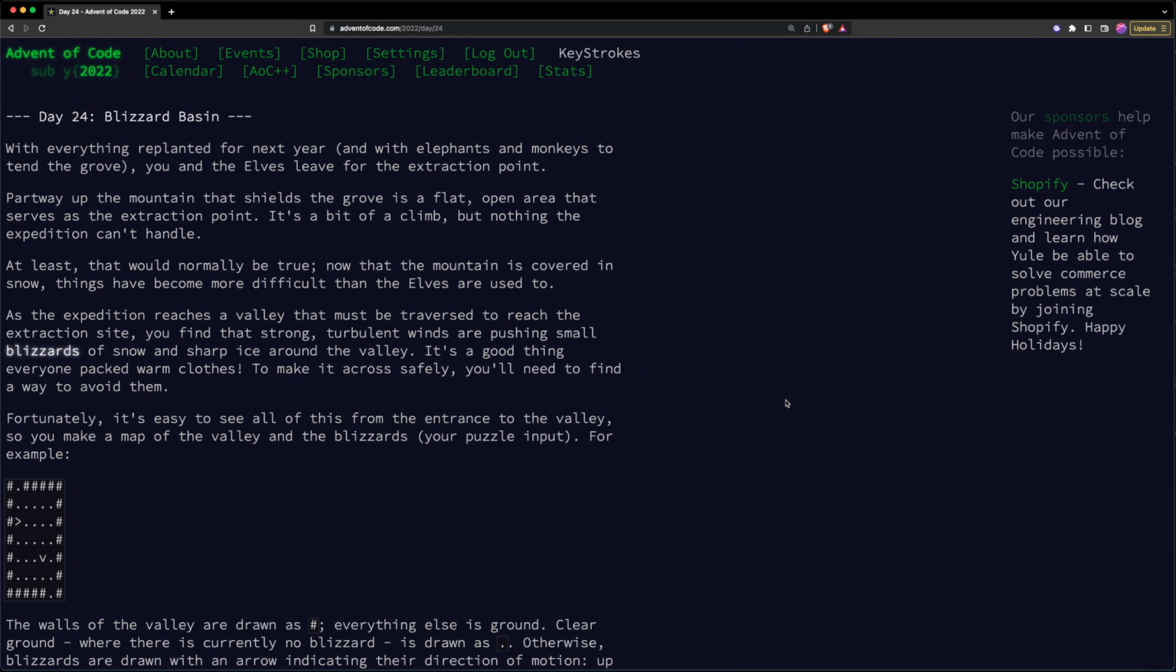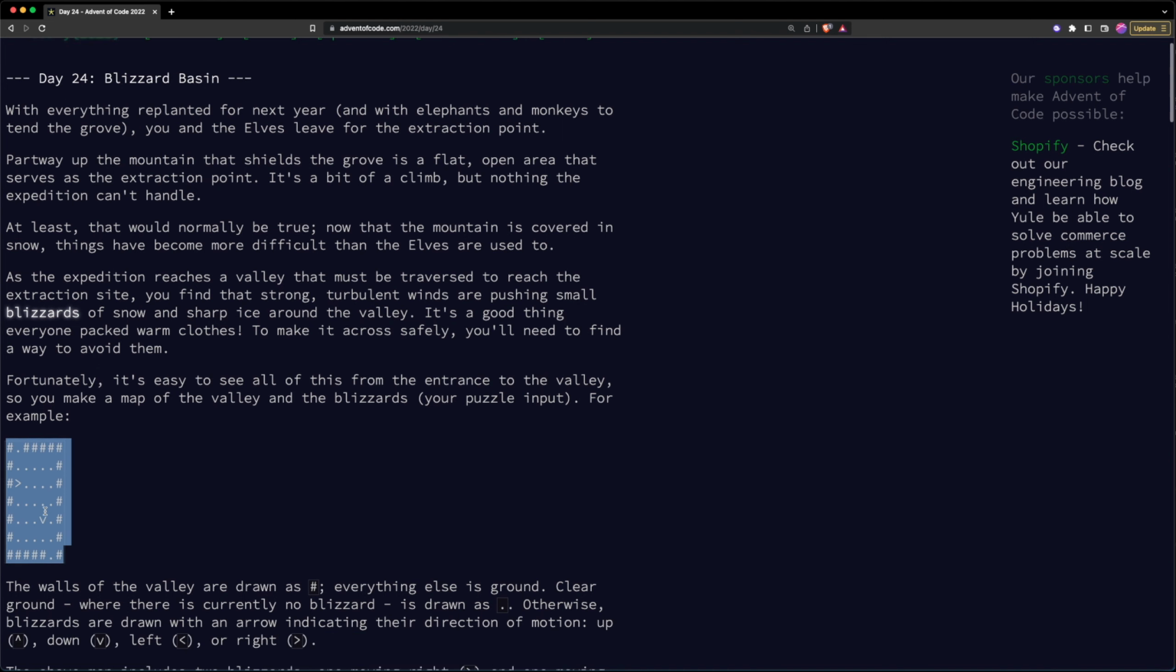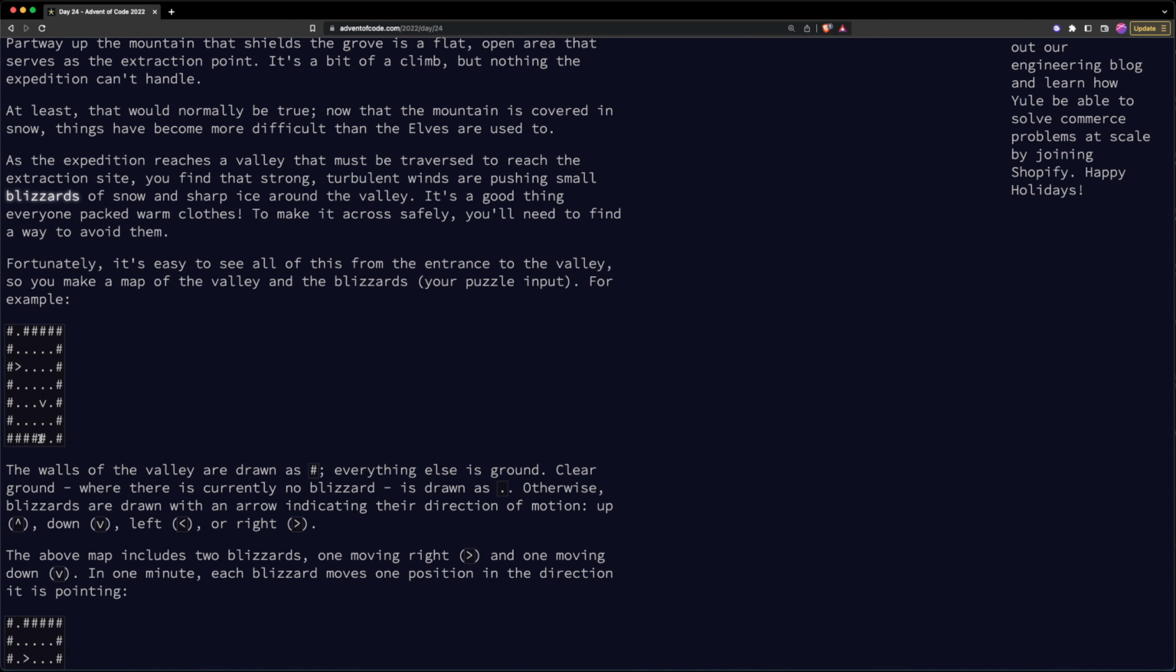Advent of Code 2022. Let's solve day 24, Blizzard Basin. Hey everyone. In this problem, we are given a grid, which basically represents a valley, and the hash symbols are the walls of this valley. And you can see there are two gaps in these walls. One is over here, from where you can enter the valley, and then we have another one here, where we